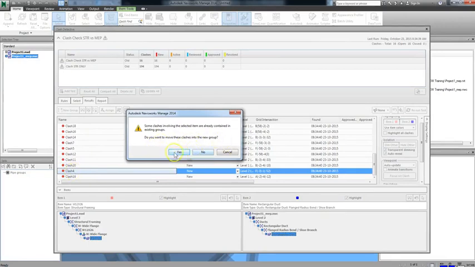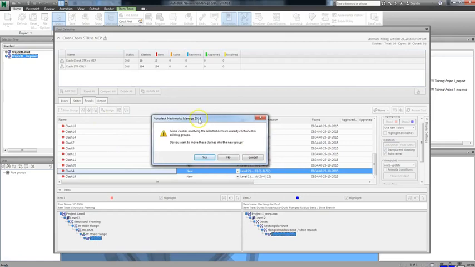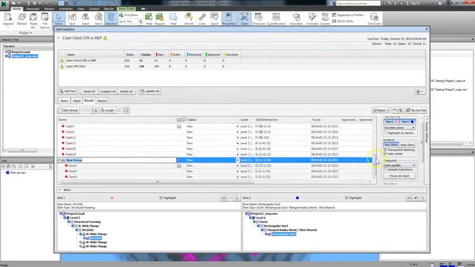For this reason, when you're grouping clashes together, when you're mixing different types of groups the way we're doing, you may sometimes run into conflicts like this. In a situation like this, you'll have to decide whether you want to keep the conflicting clashes in their original group or move them into your new one. The choice will have to be up to you, but for the purposes of this example, we'll move the clashes